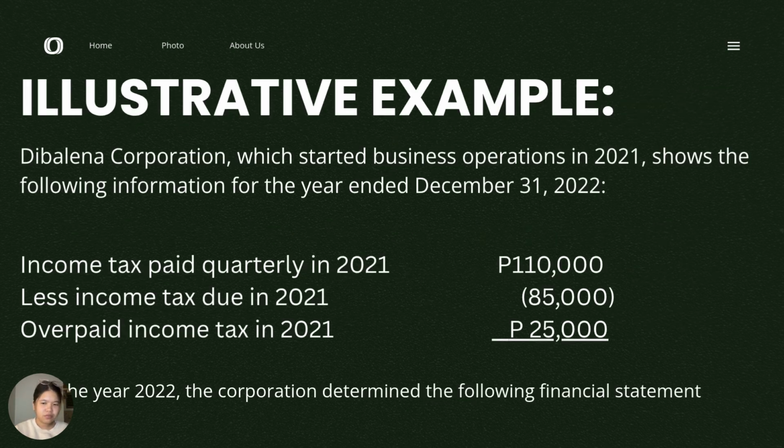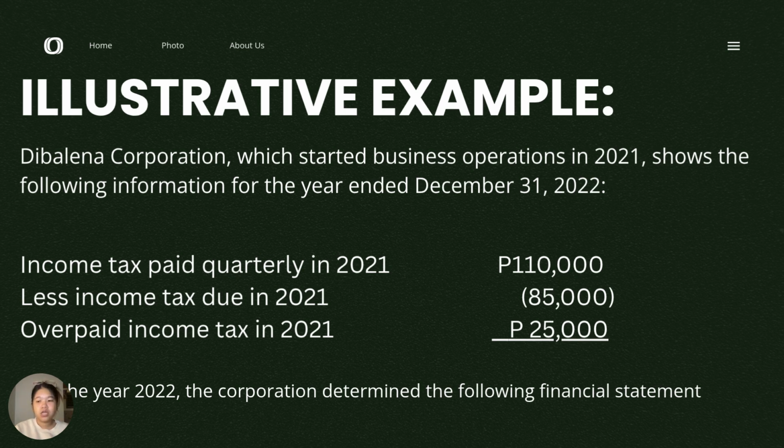So the example here is the Balena Corporation, which started business operation in 2021, shows the following information as of December 31, 2020. In 2021, the Balena Corporation paid a total of 110,000 in quarterly taxes to the government. However, when they finalized the annual return, they calculated that they actually owed 85,000. So the excess was deducted for that year,